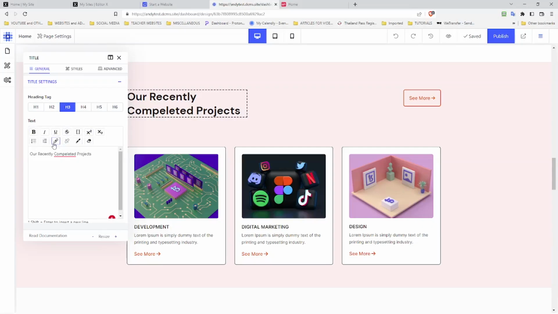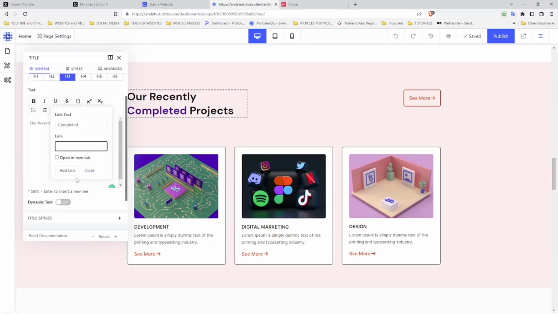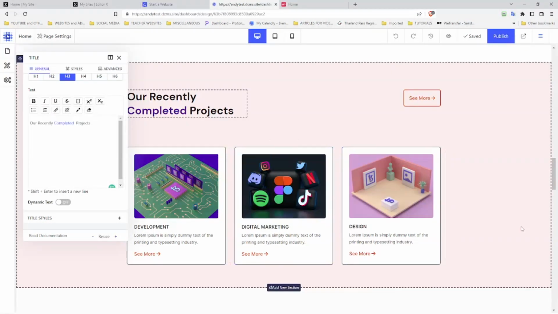Put a link on text. I mean, that's not even spelled correctly, but you could put a link on it and then link into a page if you know that page, and add link, so it changes color. However, you need to know what page you're going to be doing. I think actually we only have one page, so you would have to have